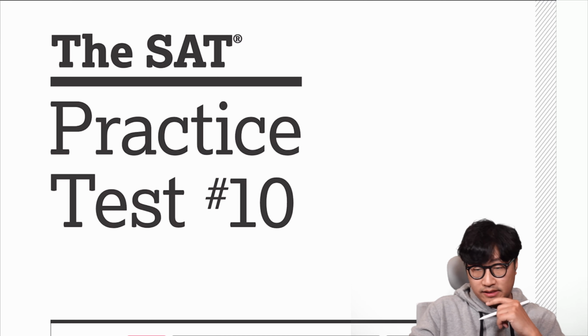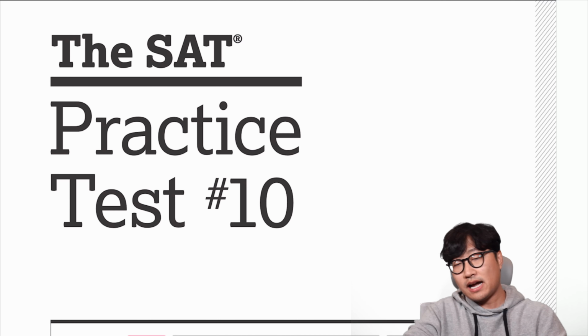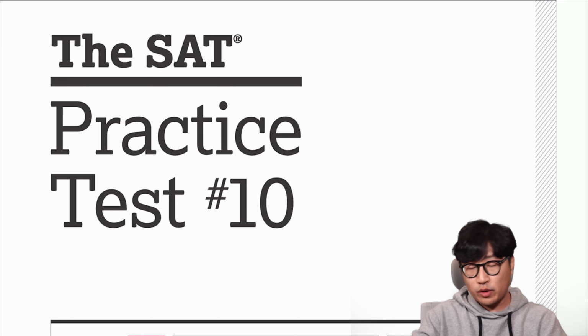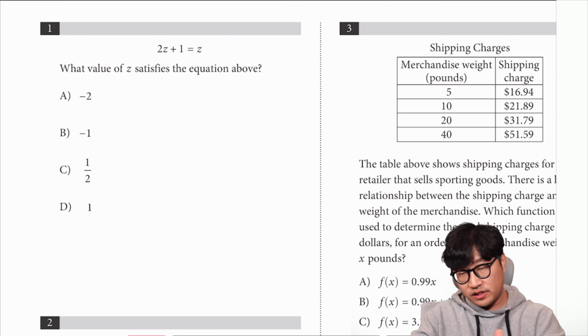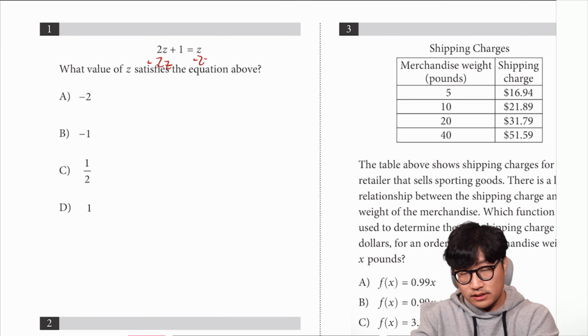All right, so this is the SAT practice test number 10 by the College Board, the very final one they have there on their website. So let's go ahead and get started. Section 3, here we go. Number 1, what value of z? So just subtract 2z on both sides, and you get 1 is equal to negative z, so z is equal to